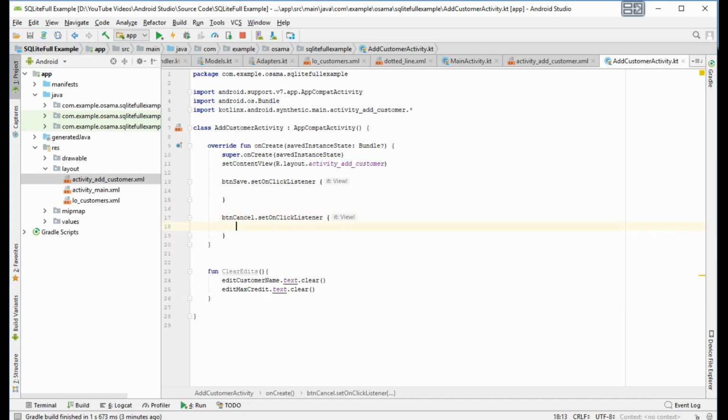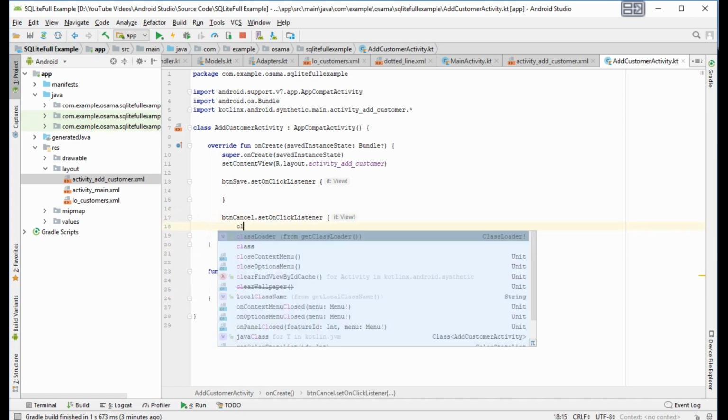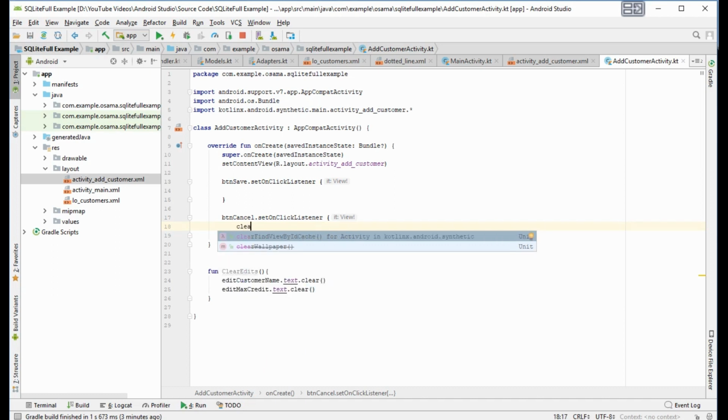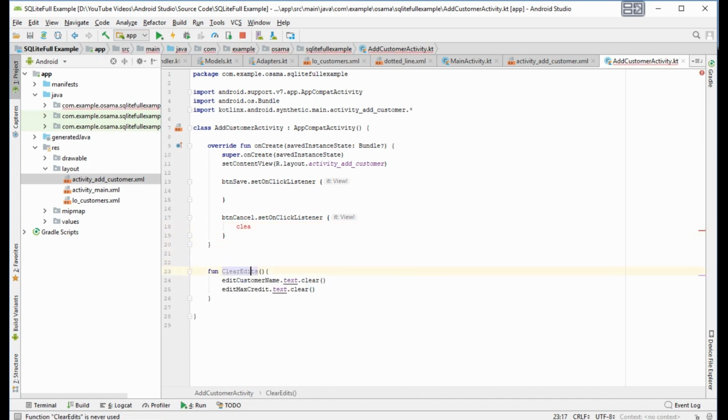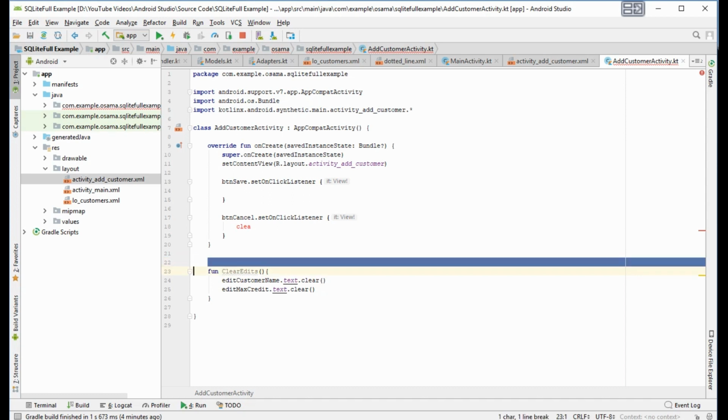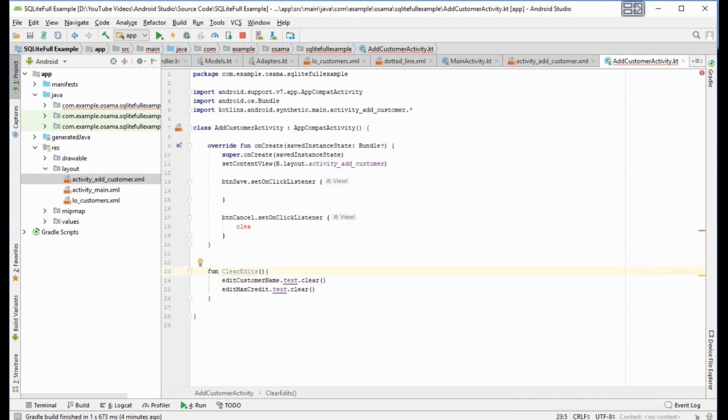On the cancel, we will give it clear edits. Private function clear edits and finish this activity.